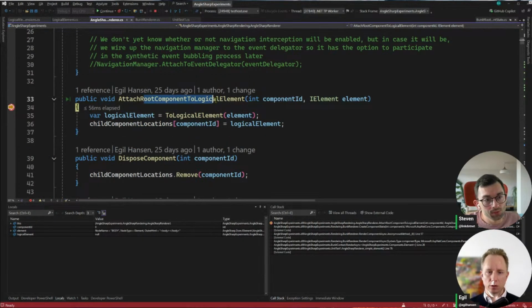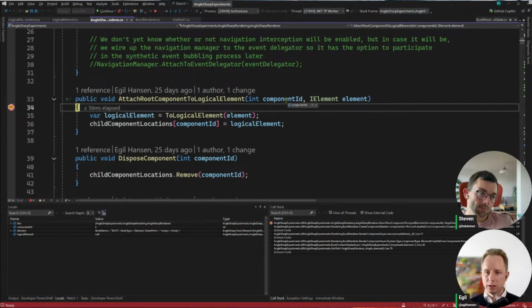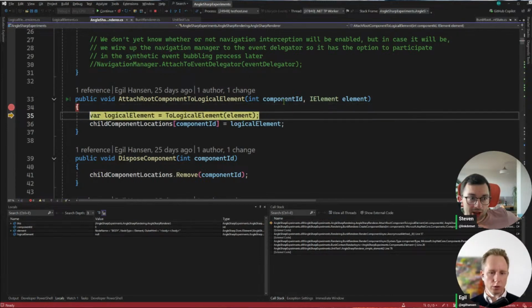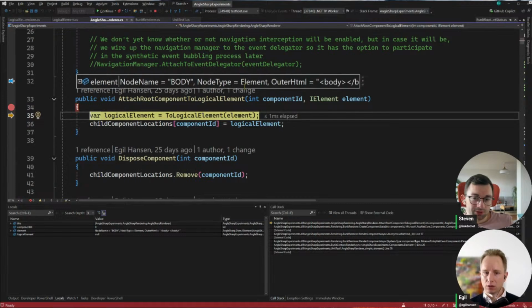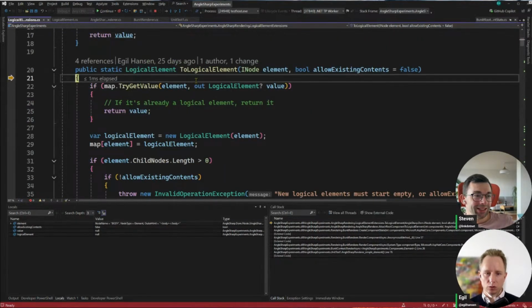Okay, here, attach root component to logical element. What we have here is component 0, which is our root component. So this is the bUnit root component state? Yeah, exactly. And we get an element, which is the body. You can't see that, but I can pin that, and then it becomes nice and large. So it's the body element, right? So if we step in here to logical elements,